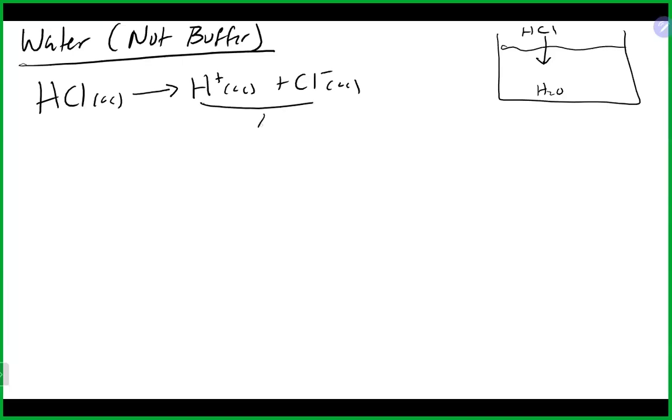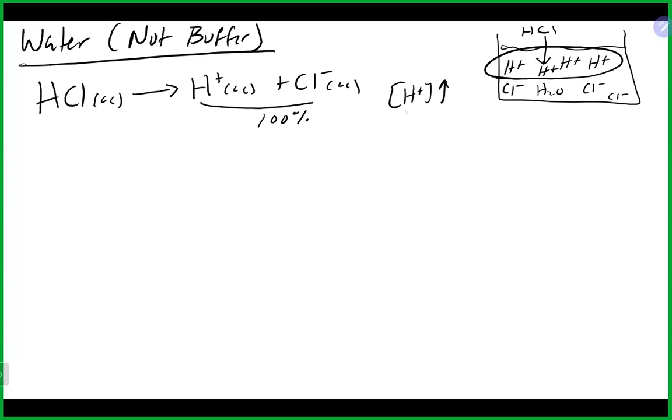And it's going to 100% break apart into these ions. So what happens in this case is, when you dump that in, you create a lot of H pluses really quickly. Some chlorides as well, not important. But you create a lot of H pluses really quickly in that solution. So the concentration of H plus skyrockets, basically, because you added a bunch of